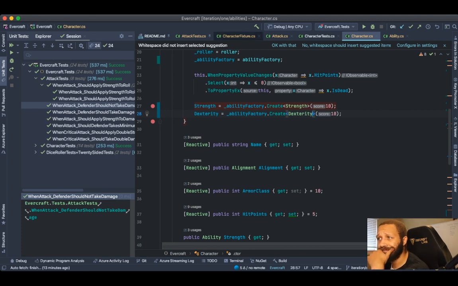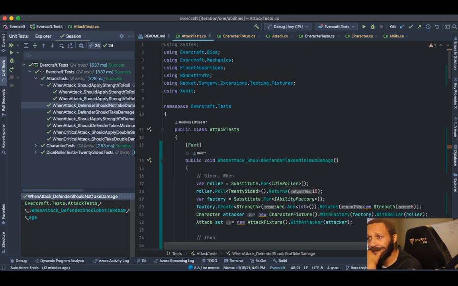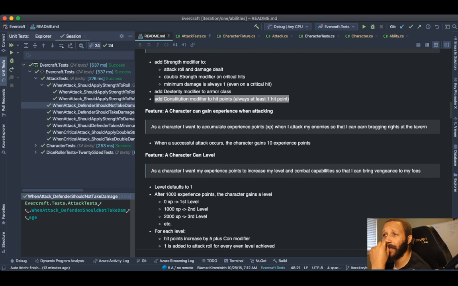Okay. Let's go to our test. And what are we trying to test here? We're trying to test that when my armor class is higher,